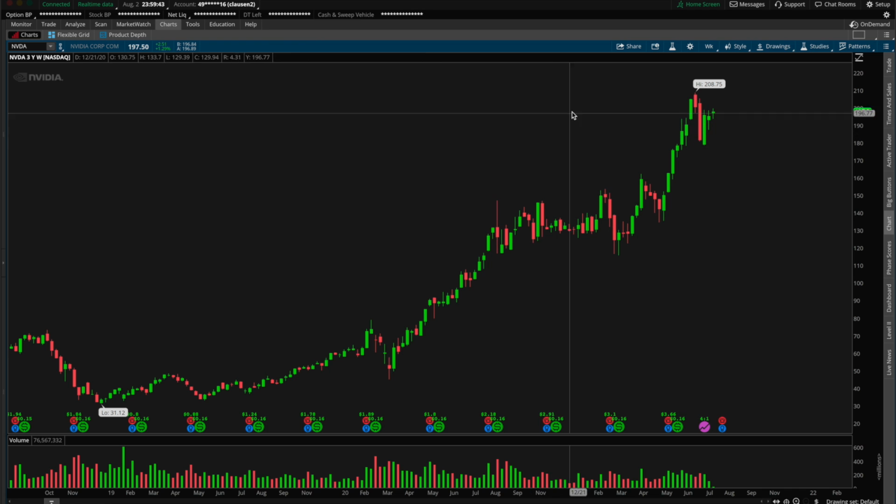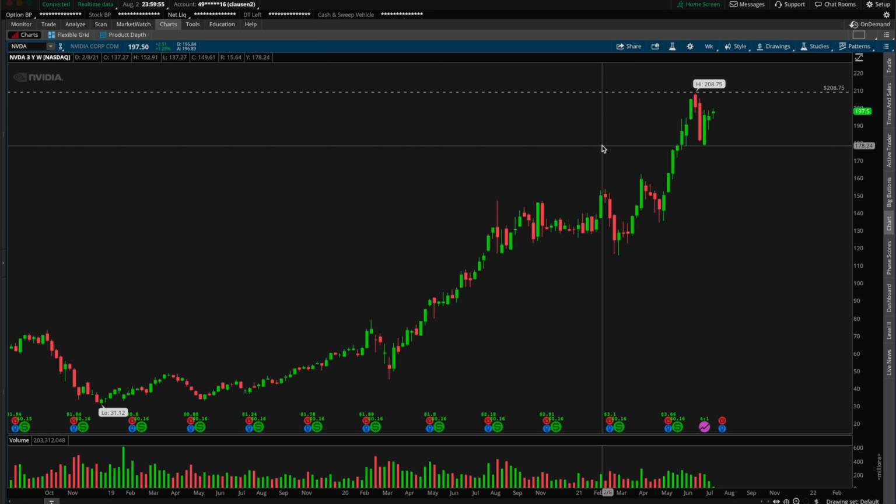Coming here on the weekly, again, same ideas, same concepts. 208.75, plot your all-time highs. Doesn't get any more simple than that. The all-time high, the peak of the stock, literally just plot that level. Now again, I'm going to come down to here. I'm going to plot this support